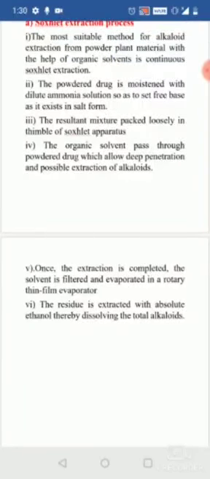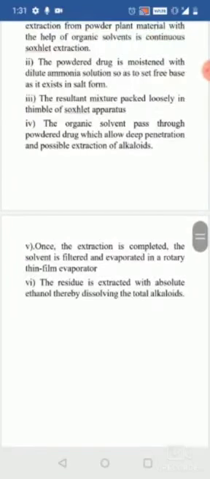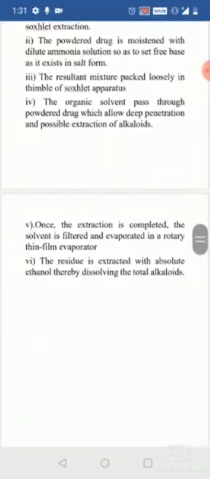So due to osmosis or the concentration gradient, that is, from higher concentration to lower concentration. It will be present in higher concentration in the drug and in lower concentration in the organic solvent. Hence it is going to move from the drug to the organic solvent, and that is again going to reach the flask, and in the end you are going to repeat the cycle, like 10 to 15 times.